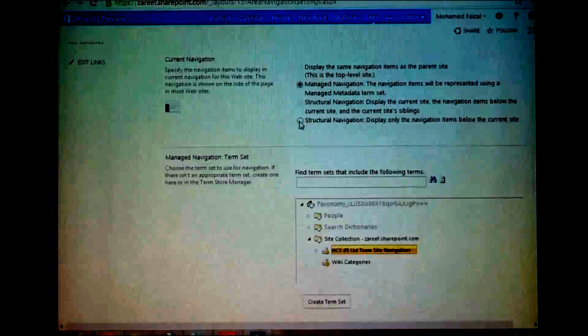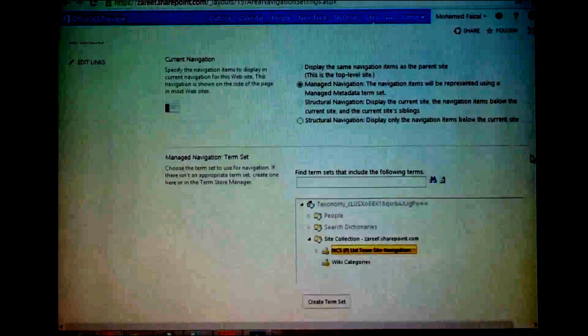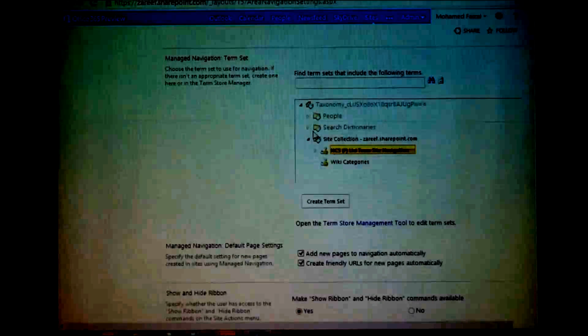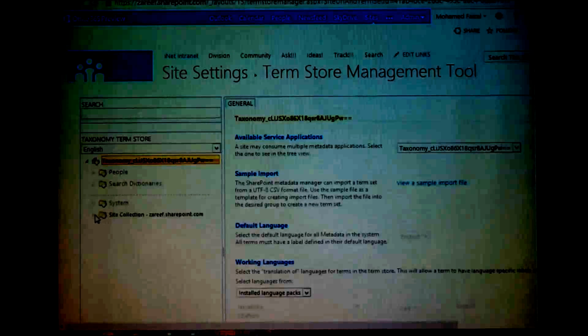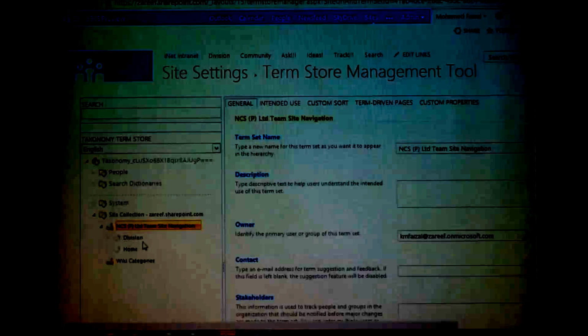Okay, so this helps you manage metadata. Here you define what you want to do. Then you go to the term store and manage these. This is the term store, right? Go here, you call it division. Then if you go here, you can see the order, first what it is labeled. Then you say how the menu order is supposed to look, whether you want a custom order, and you say which one goes where.